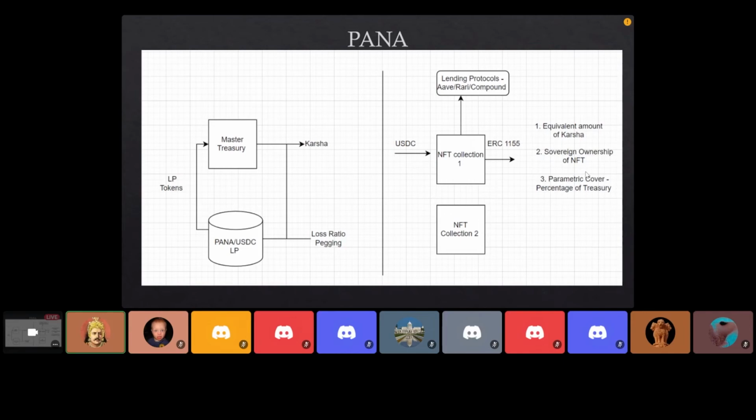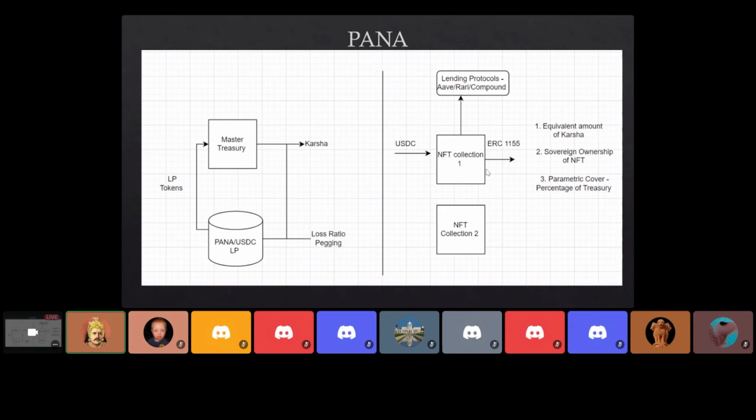So when a particular parametric event happens, he can opt for the protocol to buy back this share and pay him accordingly. These are the important benefits that he is going to get out of the NFT collection treasuries. And one more thing is he's going to pay in USDC, and that USDC will be invested in yield bearing protocols like Curve or Compound, which will help increase the yield for the protocol and also help in paying the user with a multiplier in the future. So this is the basic architecture of the assurance NFTs that we'll be handling.